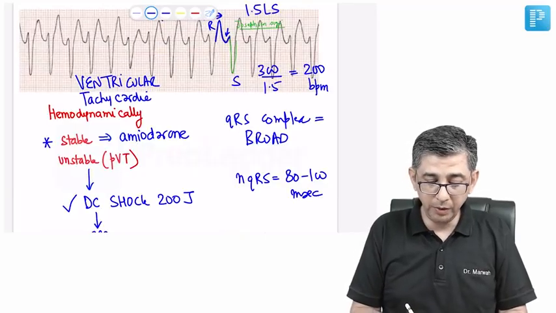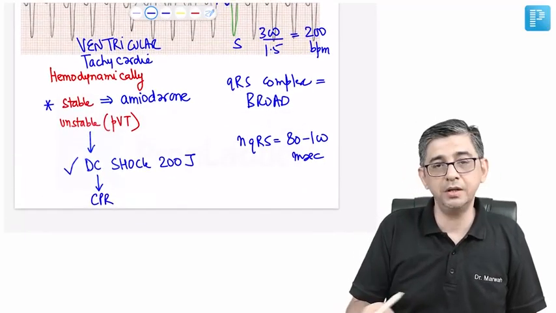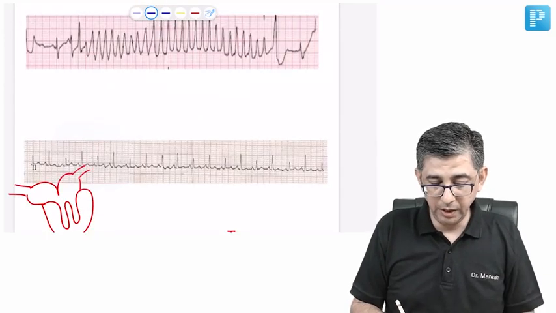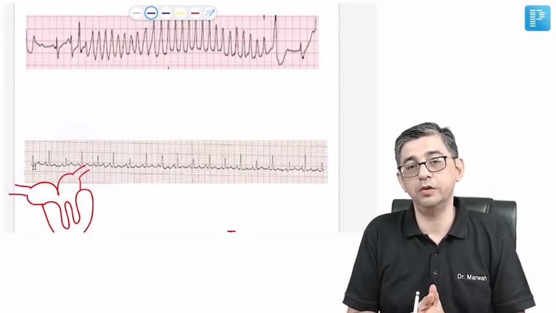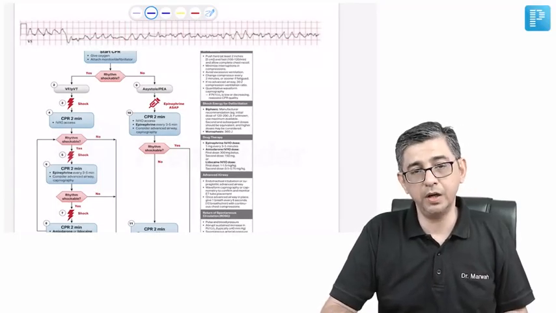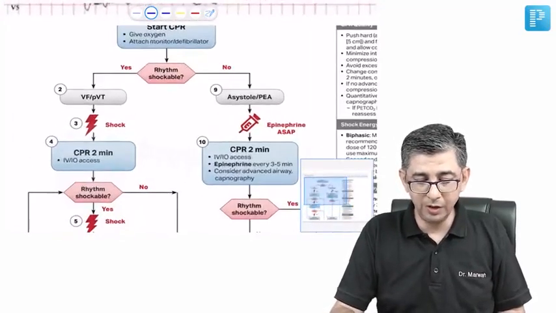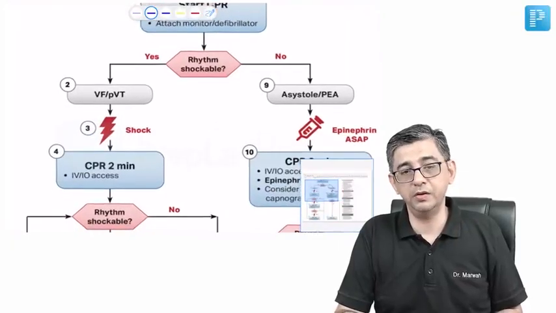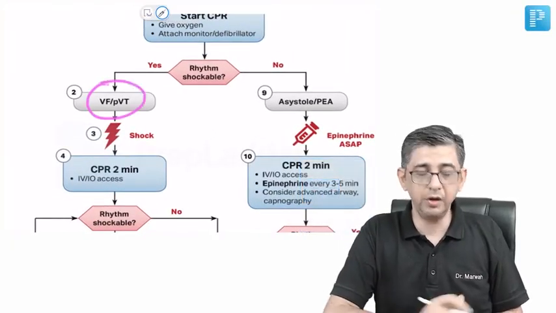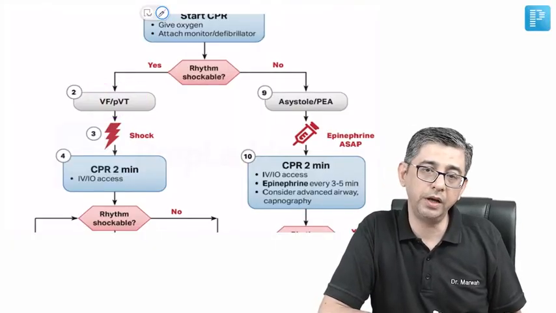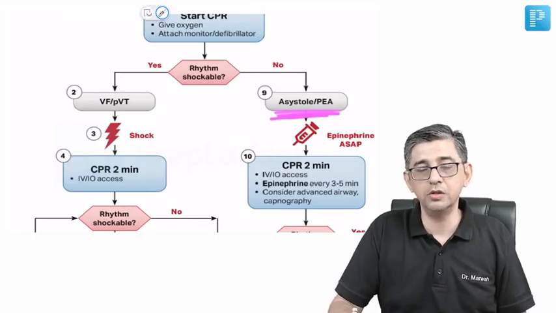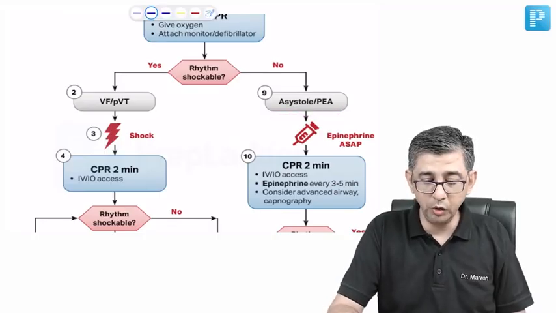In any hemodynamically stable patient, it is amiodarone, and if it is unstable, then DC shock should be given. And as far as the protocol is concerned, we should always remember that DC shock would be given a maximum of 3 times. So I'm just jumping one slide to show you that I have discussed even in basic life support, that the shockable rhythms are ventricular fibrillation and pulseless ventricular tachycardia, whereas the right side would be called non-shockable, because DC shock is not given in asystole, and neither do you give DC shock